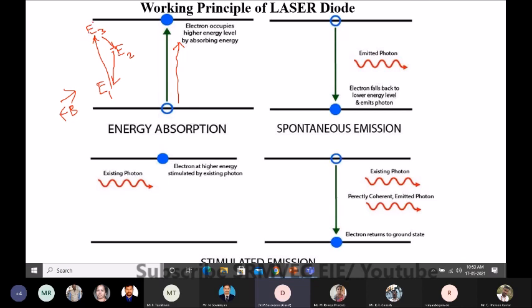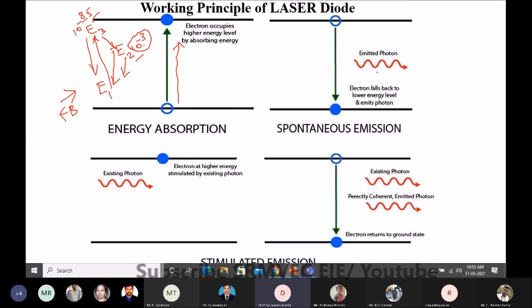In the excited state, the time to return to the original by the natural way of recombination is 10 to the power minus 8 seconds, whereas in the metastable state it takes 10 to the power minus 3 seconds, so it takes more time. From excitation it can reach the ground state very fast compared to the time taken from the metastable state. So it is minus 8 and minus 3. You have to know that.